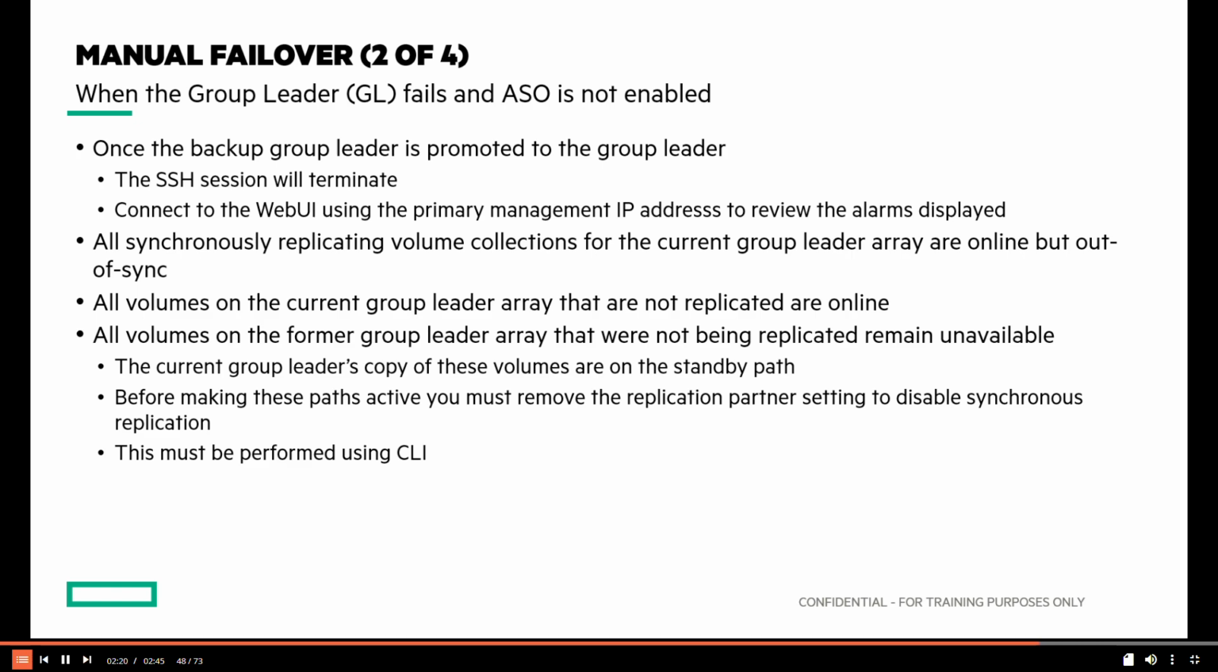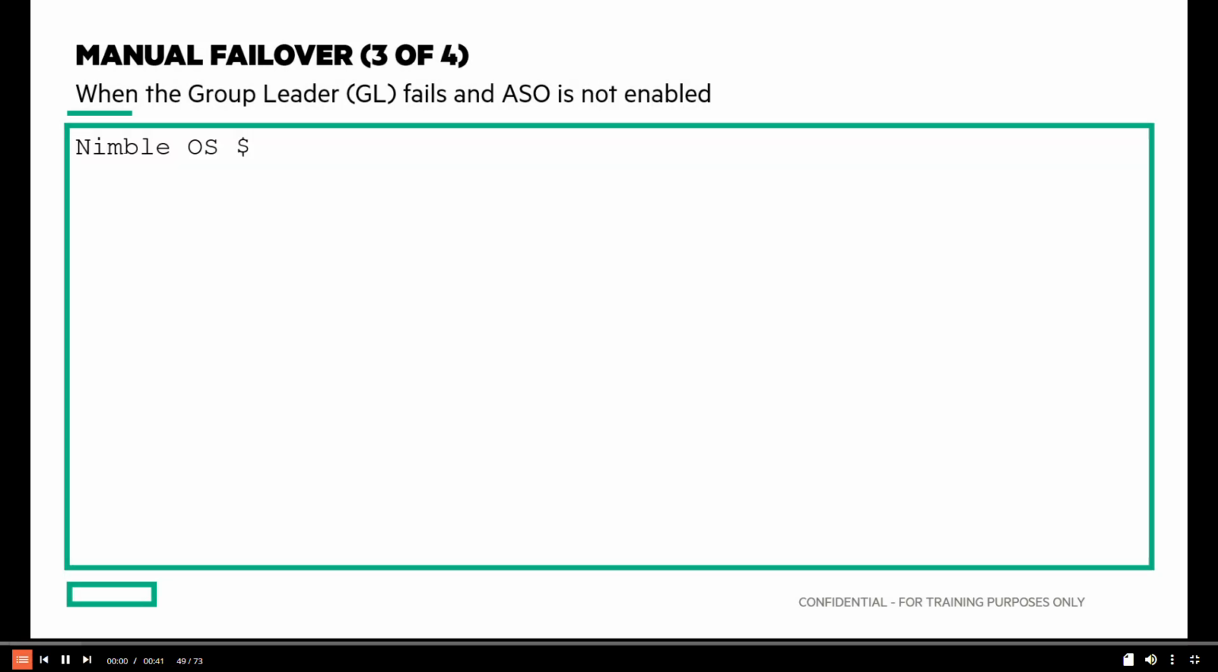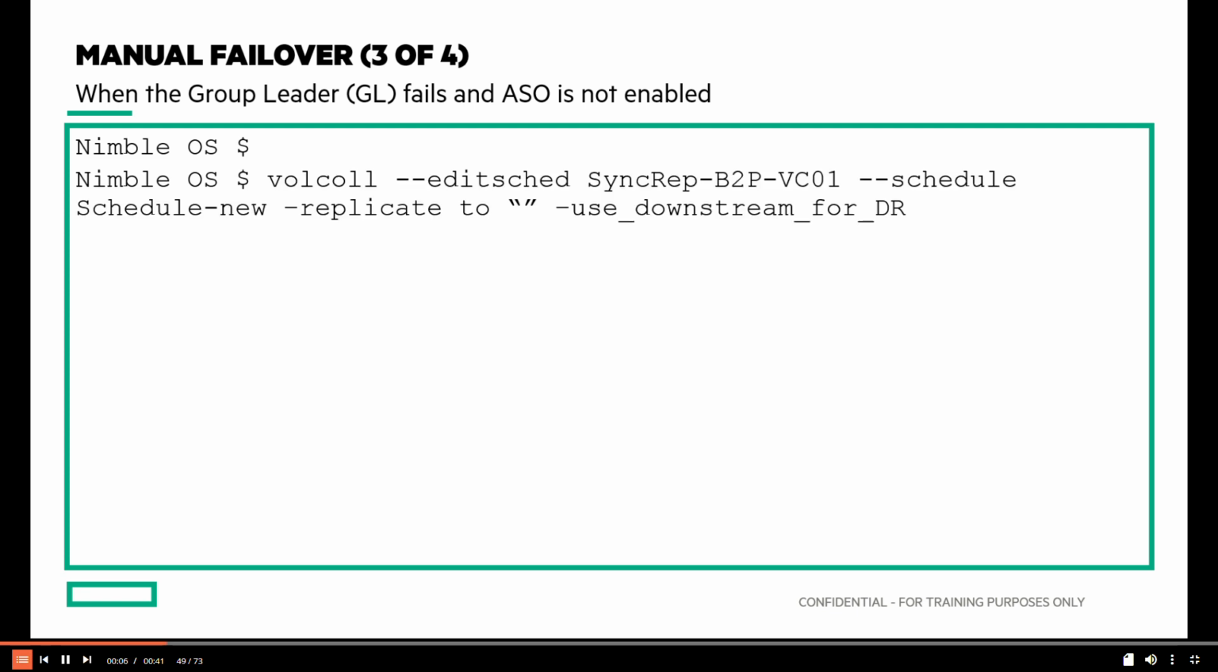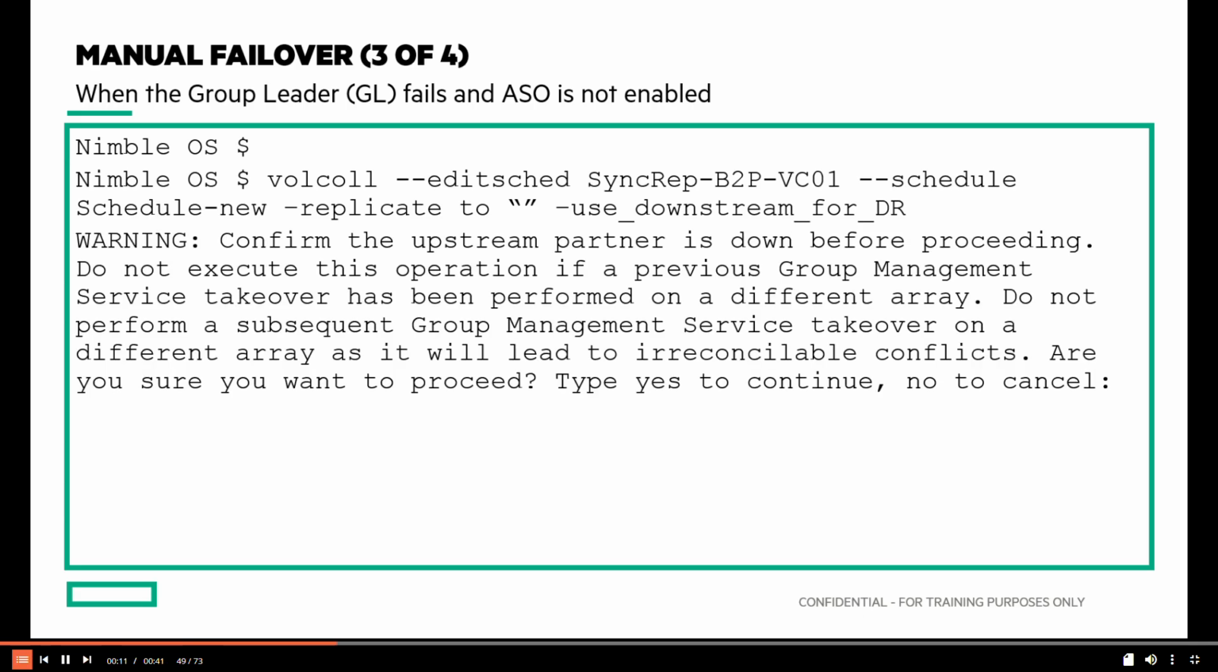Before changing the standby paths to active paths for that last set of volumes, you must modify their volume collections to remove the replication partner setting and, in effect, disable synchronous replication for those volumes. This modification must be made through the CLI because the GUI has no mechanism for this action. Start an SSH session to the current group leader array. Modify the volume collections. Note: if any volume collections have multiple data protection schedules, the command must be repeated for